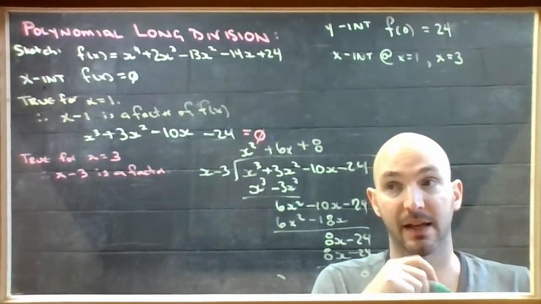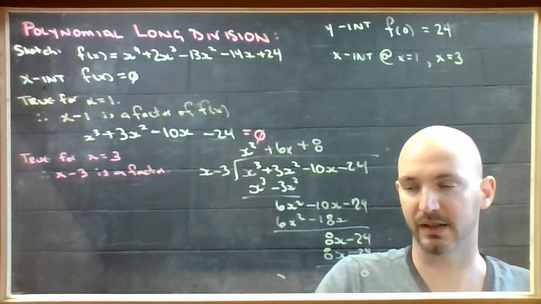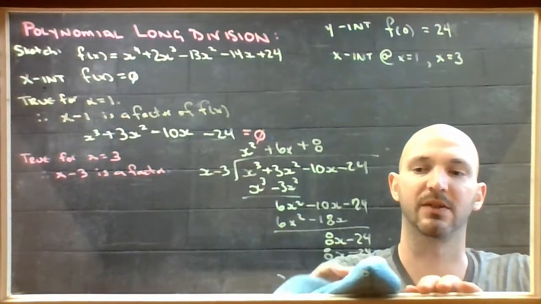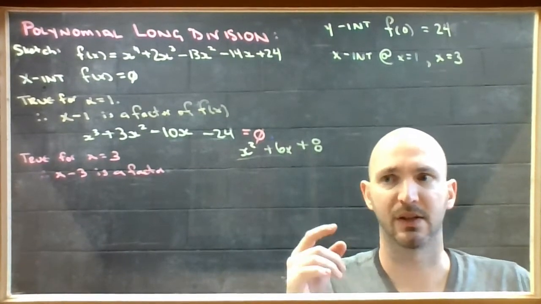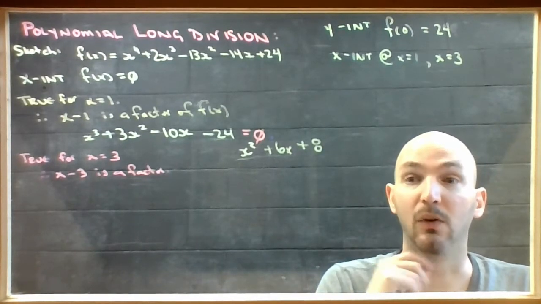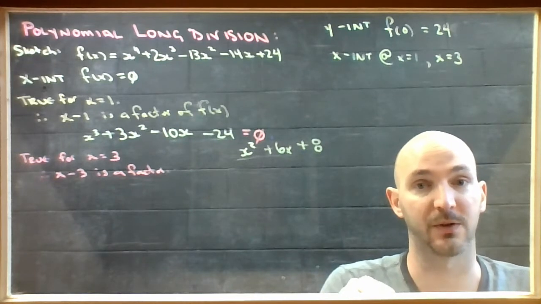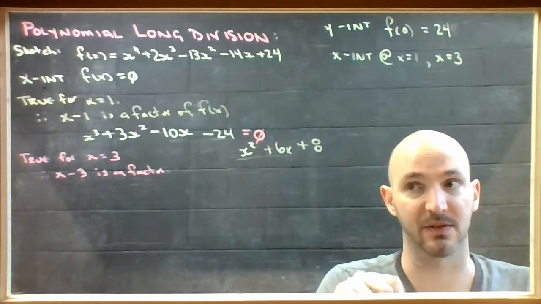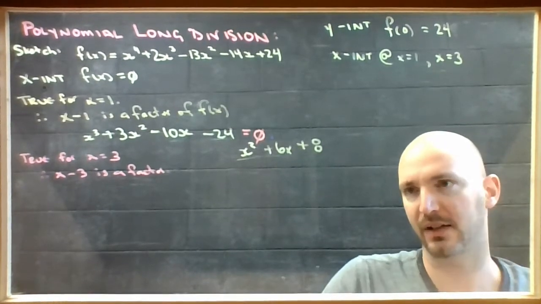Now I could keep guessing. I could keep trying to figure out what works in there. But if you look, if I get rid of all this division stuff, that's just a quadratic. So I might be able to factor that just with simple factoring. Or if I'm not sure about how to factor it, I could plunk it into the quadratic formula and calculate the next two x-intercepts. This one happens to factor as